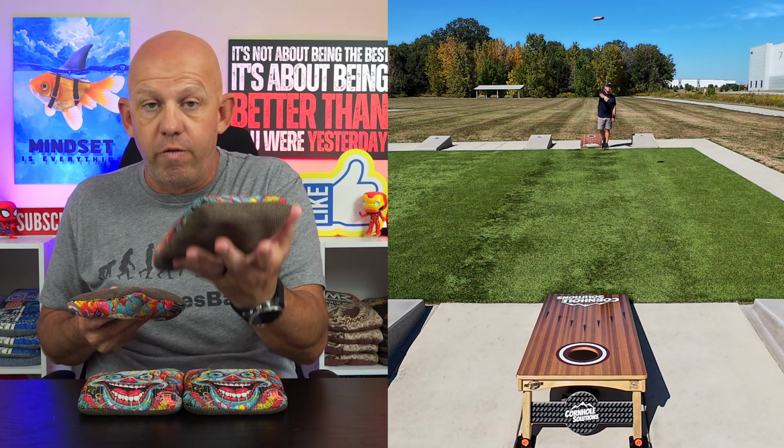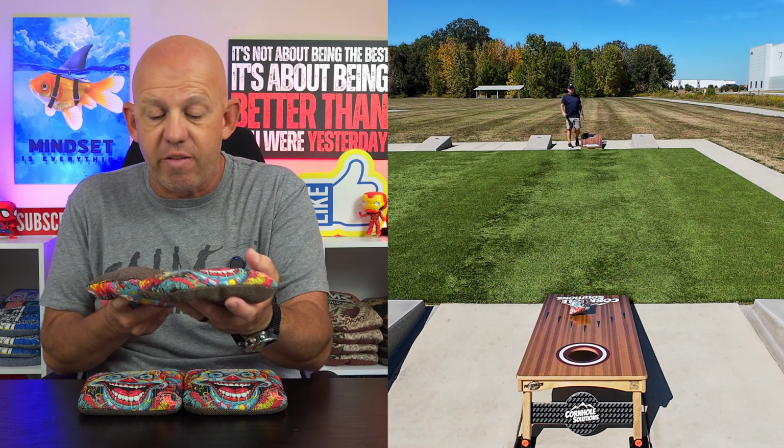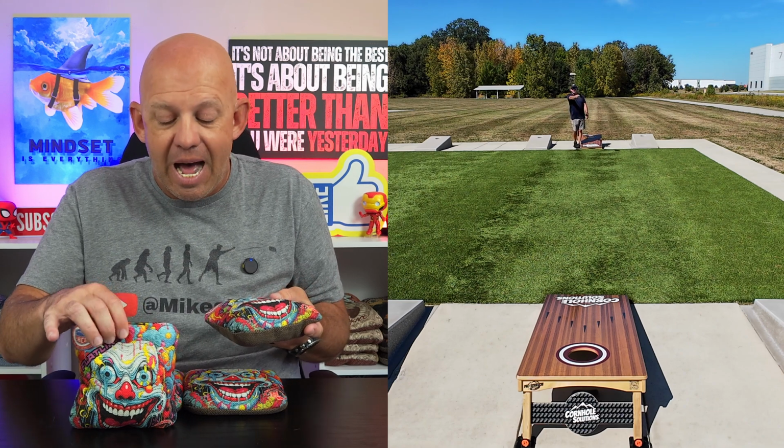If you've got a couple blockers up there, or you throw a back blocker on your opponent, and now you want to clean it up, there's enough speed on the fast side to ride, take them all in. The bags don't clog up the hole. They have enough fold to them. They'll fold up. So even if you're trying to collect multiple bags, I didn't have an issue with them bunching